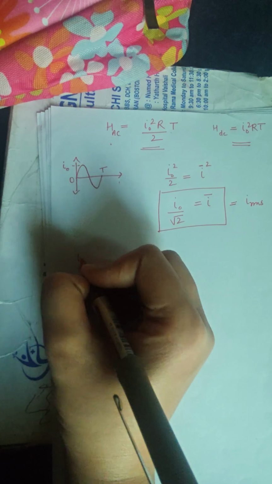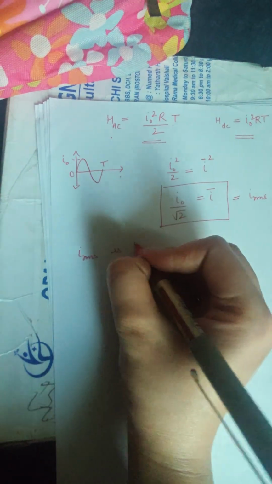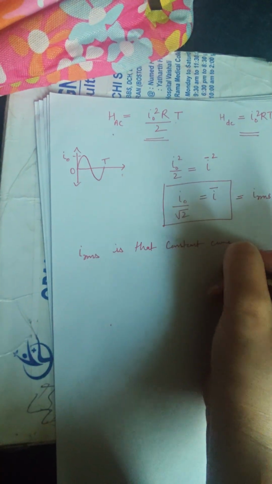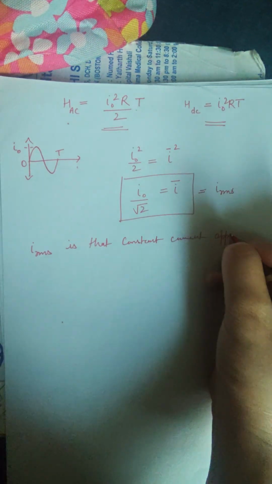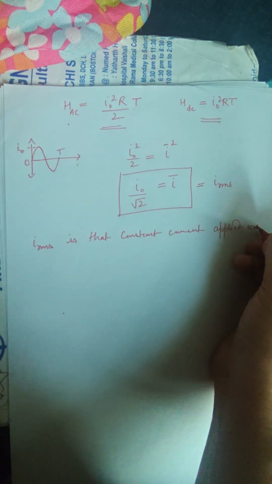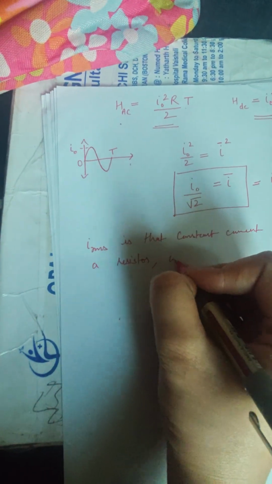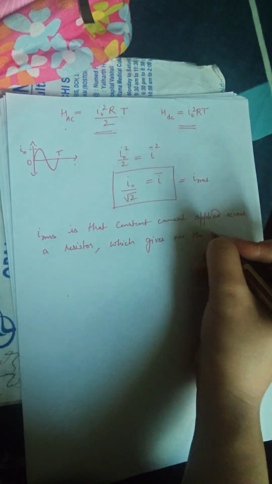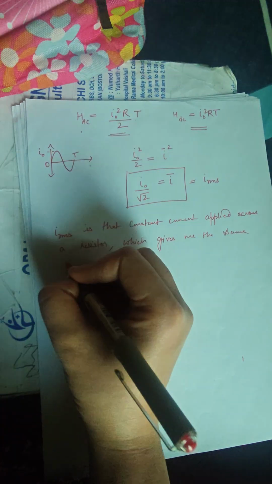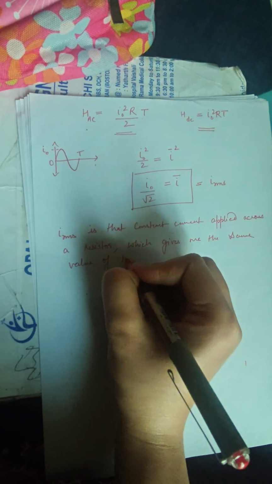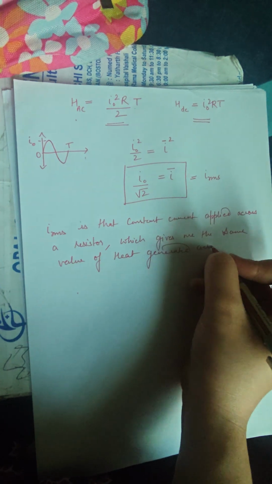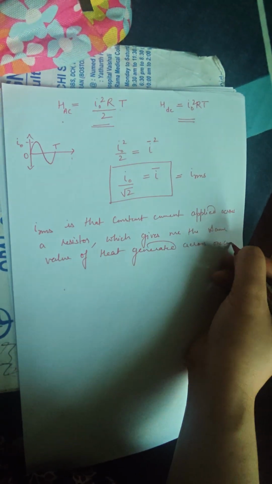So you will say that IRMS is that constant current applied across a resistor which gives me the same value of heat across one complete cycle